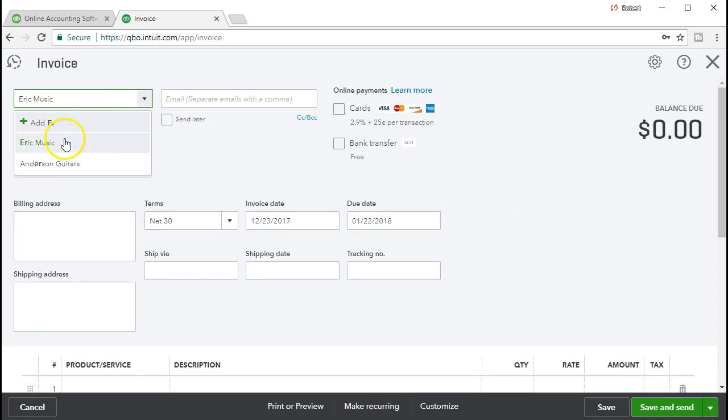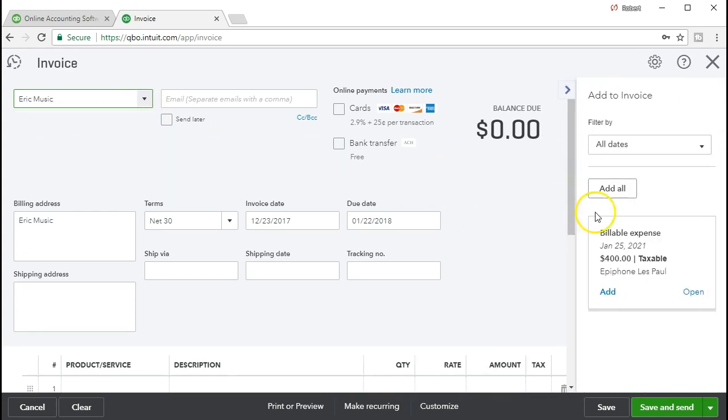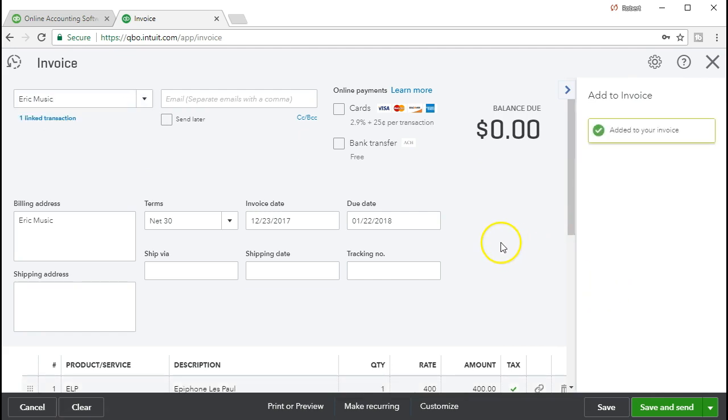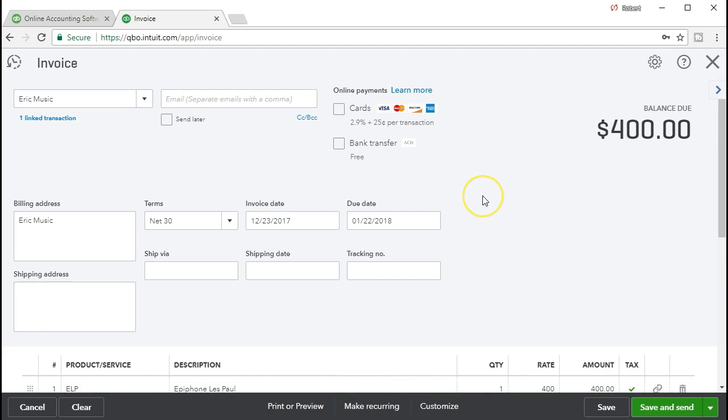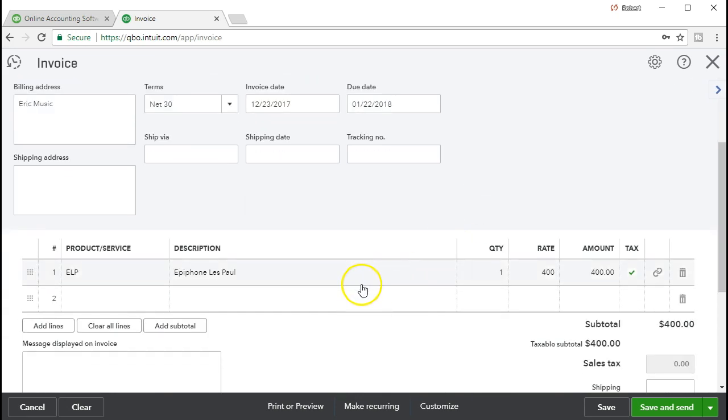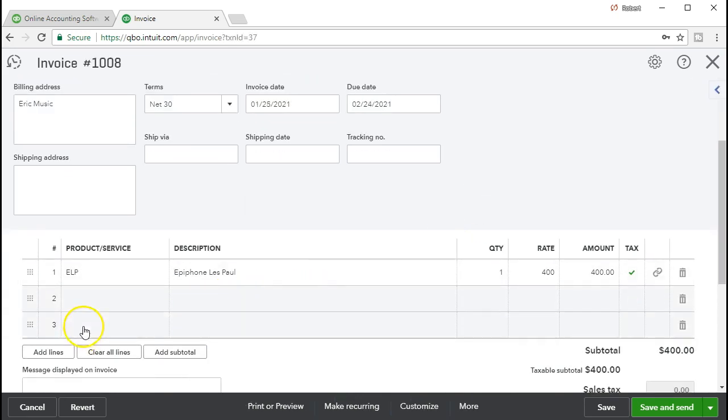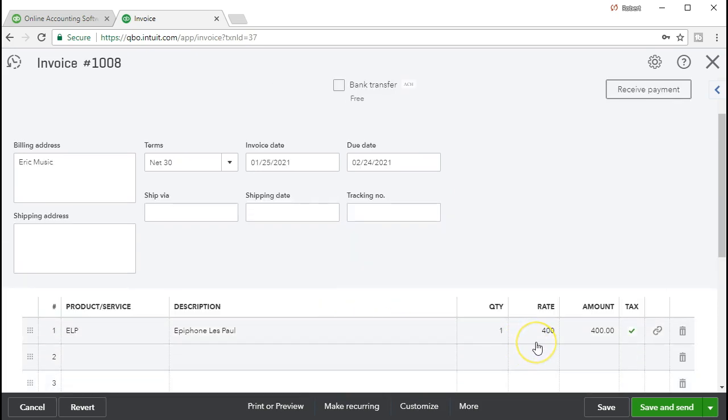Eric Music, there we go. So we're going to say then that's going to be that billable item. We're going to say, yeah, add that, please. Please add that. And when we do so, the balance changes, and we can scroll down, and there is the invoice that we have. So note that this method is not perfect, however, because it's pulling over the cost, the